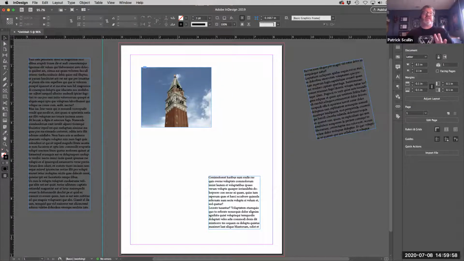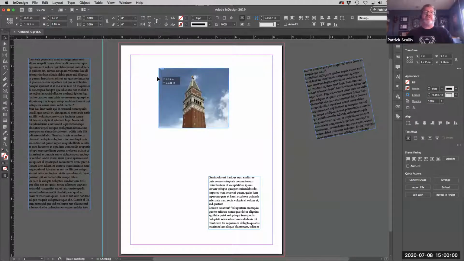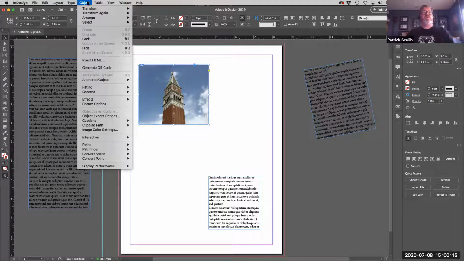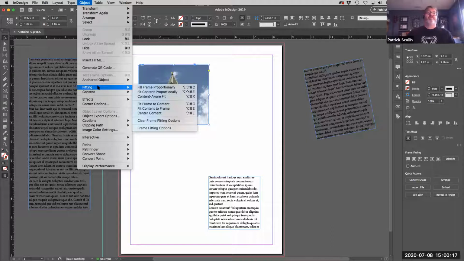Actually, click away, then click again on the picture box, and you can move it and slide it around. Now, if that picture happens to be the exact size you need, it is possible to adjust the picture frame to match the photo. Under the Object menu, you can go to Fitting. And this gives you a couple subtle options, like Fit Frame to Content, or